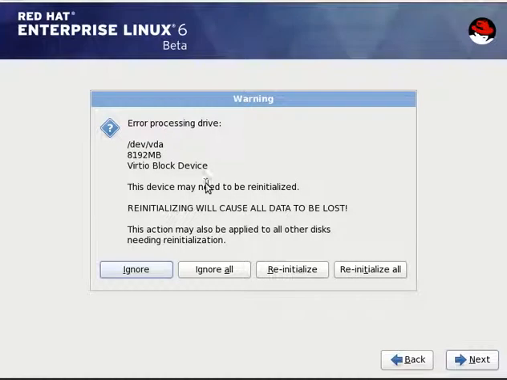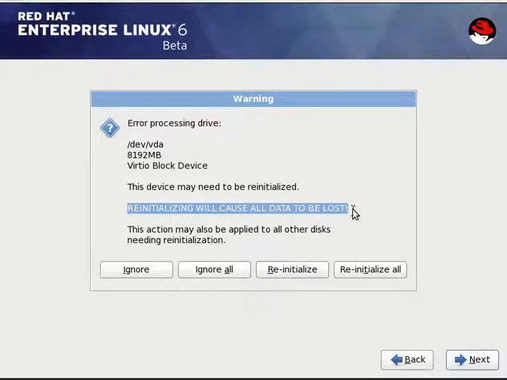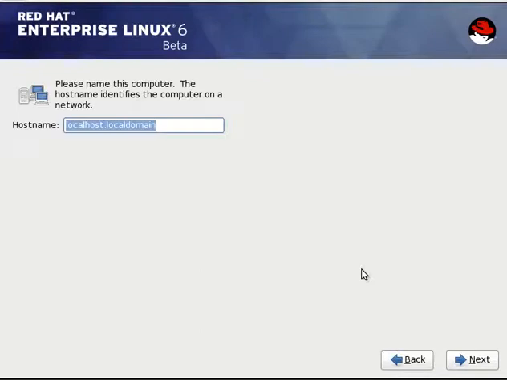The next screen will say that data will be lost or something. I'll not bother about that because it's a fresh installation. Your OS can format the hard disk however it prefers. So I'll say install all.